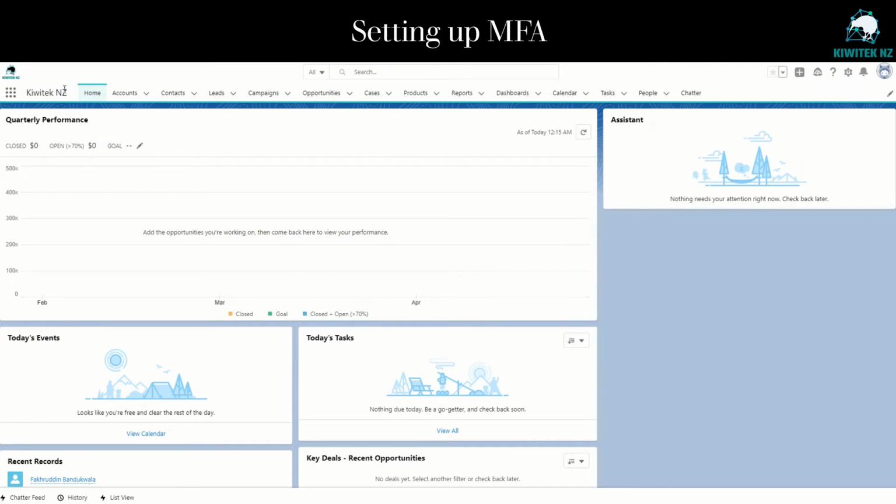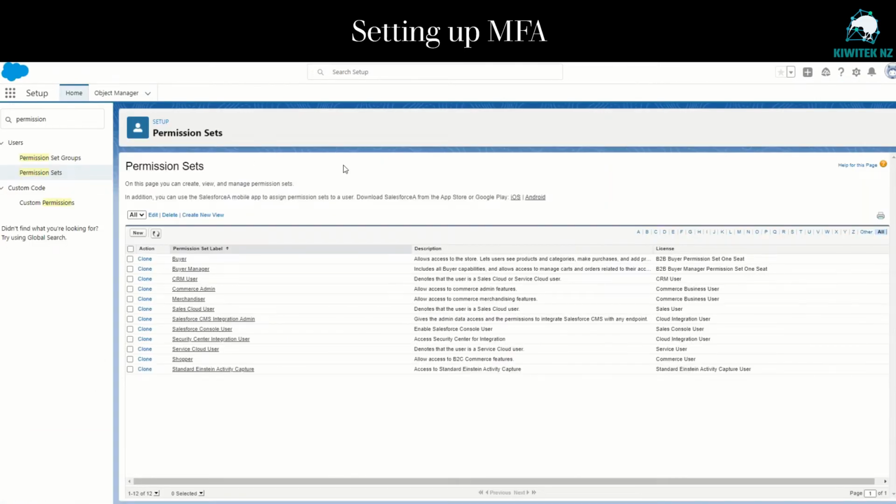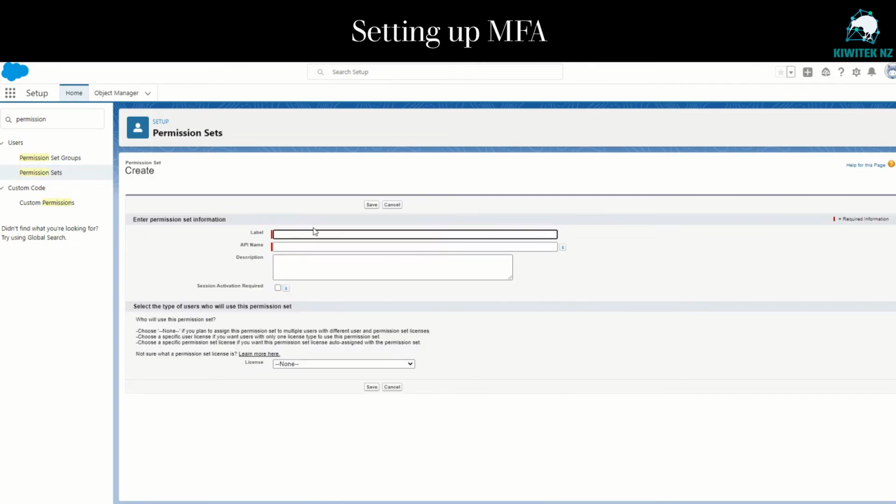Now let's look at a demo of how to set up MFA for Salesforce in your org. Click on Setup, and in the Setup Quick Find box, type permission. Click on Permission Sets, and we'll add a new permission set for the multi-factor authentication requirement. Let's fill in the label